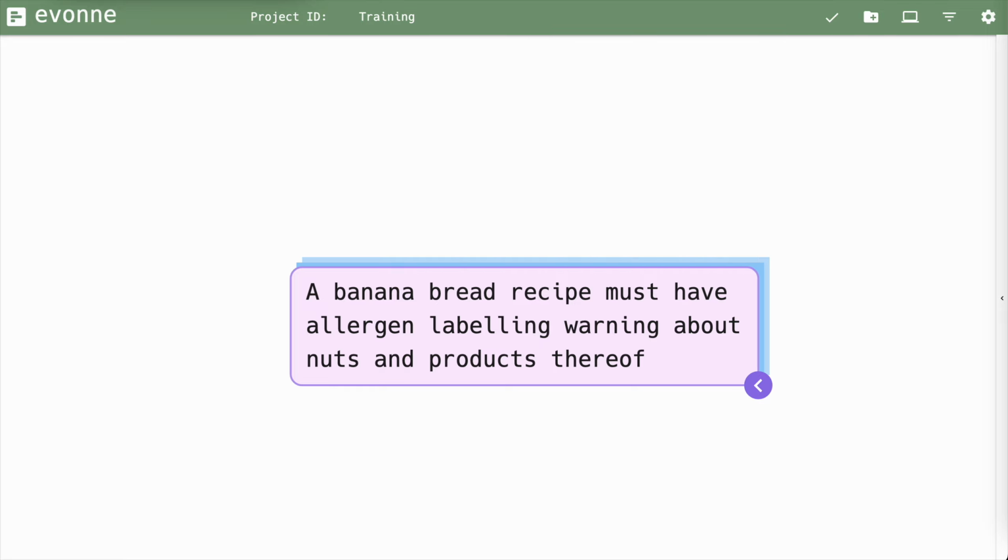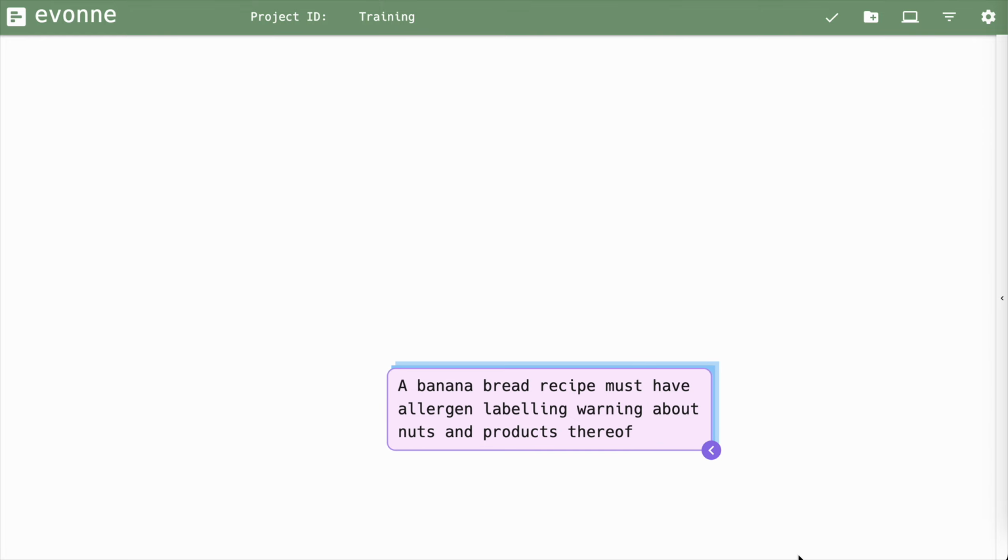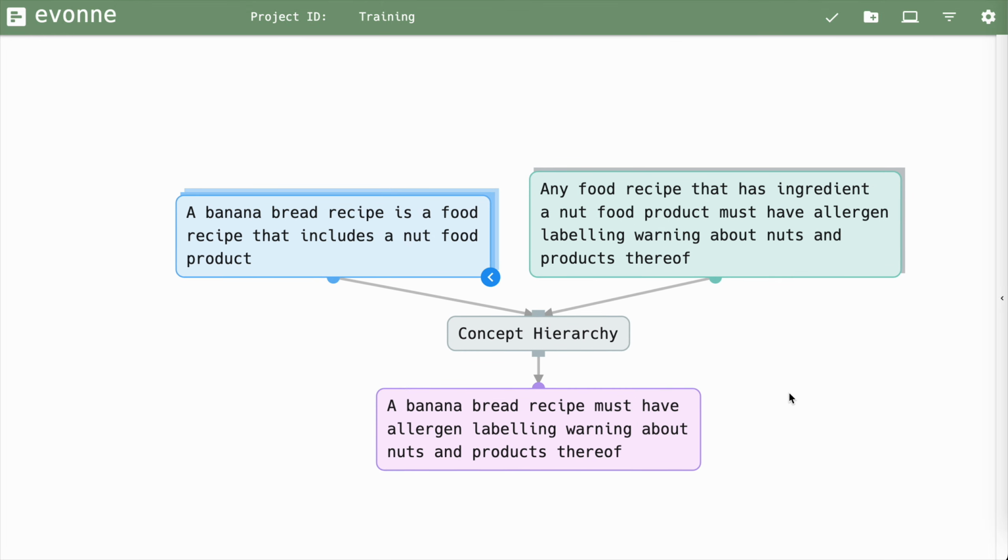The proof walks you through step by step why a banana bread recipe must have an allergen labelling warning about nuts. You'll see this statement in a purple box. That's the final conclusion of the proof. If you click the less than symbol in the lower right corner of the box, you can start unfolding the